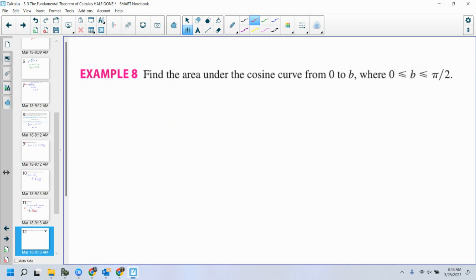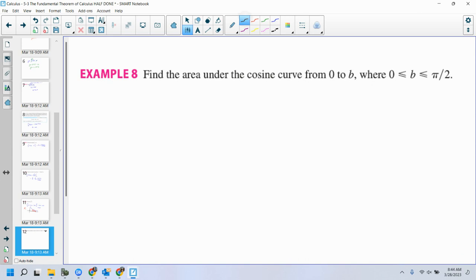What if I just say, find the area under the cosine curve from 0 to b, where b is somewhere between 0 and pi over 2. Where's pi over 2? Where's that at? At least you're honest. She said no idea. Where is pi over 2? What angle is that? 90, right? That's 90. So if b is between 0 and 90, what does that tell me about the area underneath the